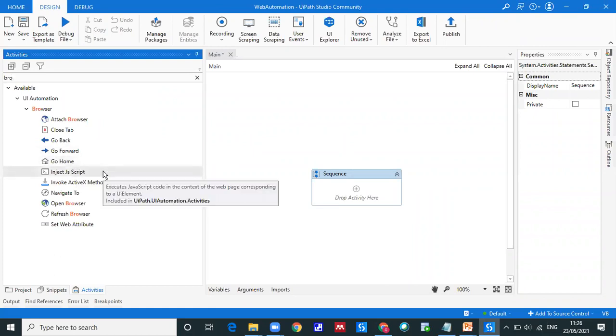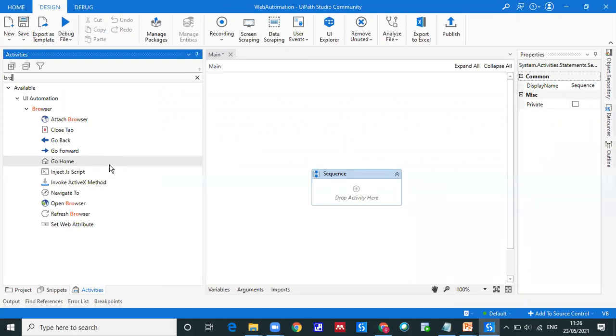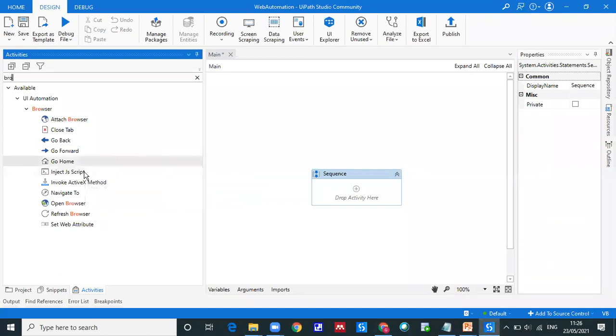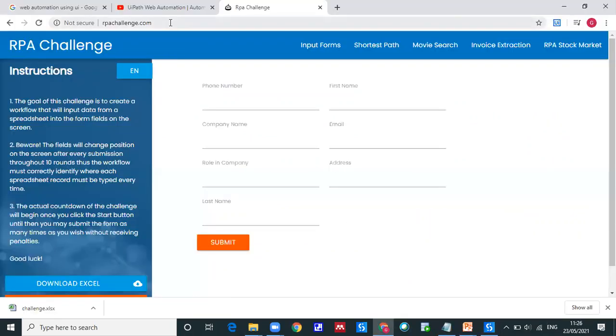Then insert JavaScript and invoke ActiveX method. So these are some invoke JavaScript is once you want to invoke some script, website related script you want to invoke or inject. So that is also possible with the help of this one. And navigate to is nothing but what you want to navigate from that particular website to another location or another tab of this one website. Okay, so in that case, you can use the navigate to